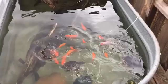And I'll just dump a bunch in because all these 14 goldfish really love to come up. They've gotten a lot more used to us already, and as you can see, they just love the food. And as you can also see, the Shubunkin goldfish is also fitting in quite nicely with the rest of them, which is pretty cool. And I haven't seen any fish get hurt in any way or anything like that,